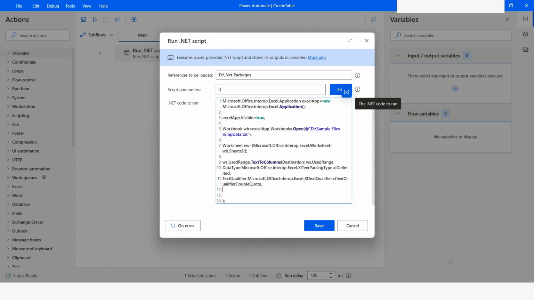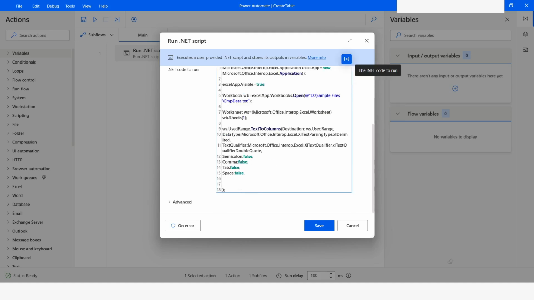Now here I will specify Semicolon is going to be false because we are not going to use semicolon as separator. Comma, then I will specify Comma colon false, again comma, Tab is going to be false again, Space is going to be false again, Other I'll set the value as true,